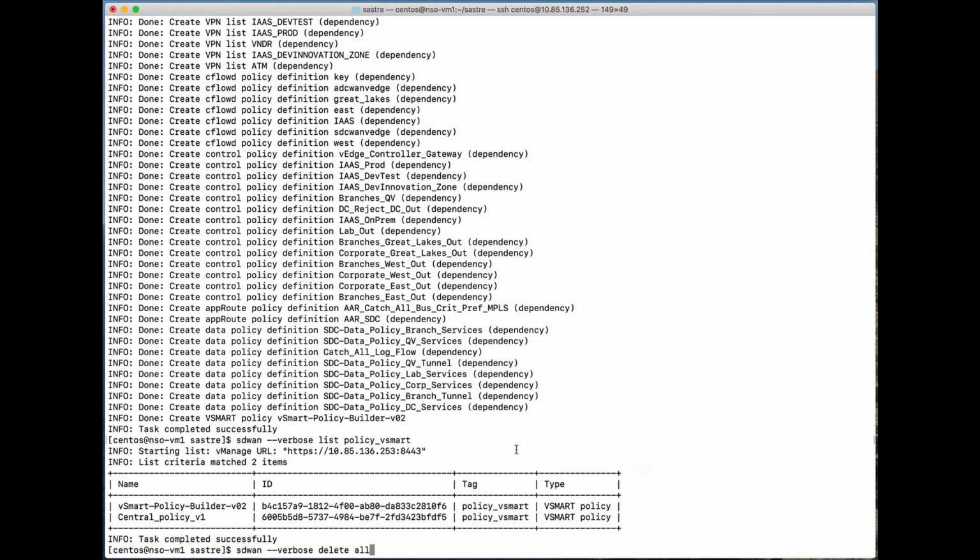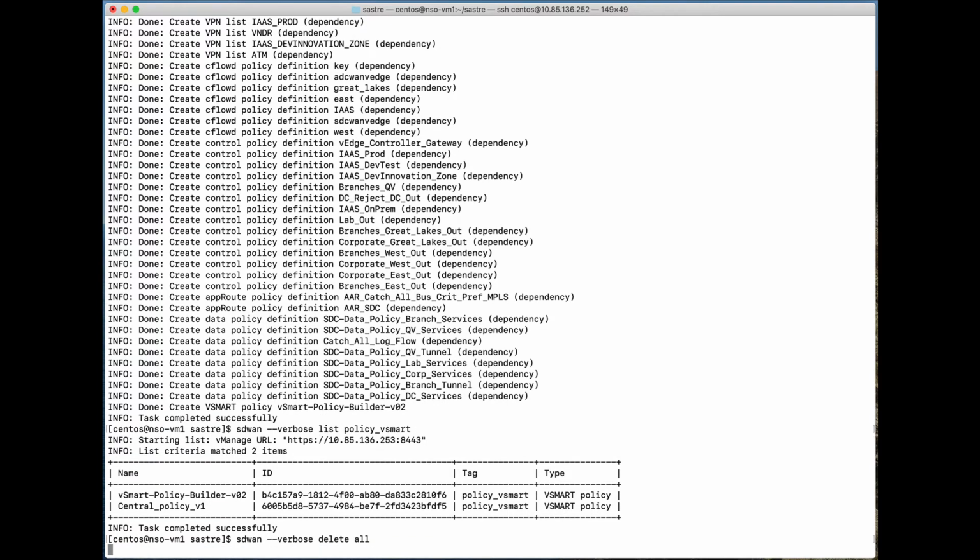If I try to delete items from vManage, and those items have some kind of attachment, for example, if I try to delete a device template that happens to be attached to devices, vManage won't allow me, and it will provide an error back. So for an install with some devices attached, I need to detach them before I go ahead with the delete. We can see, for example, if I just try a delete all,